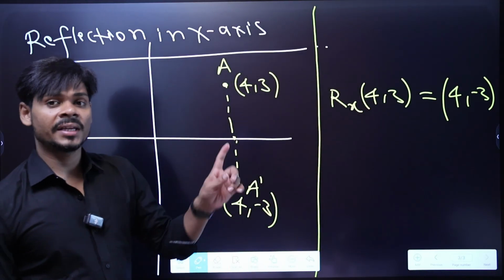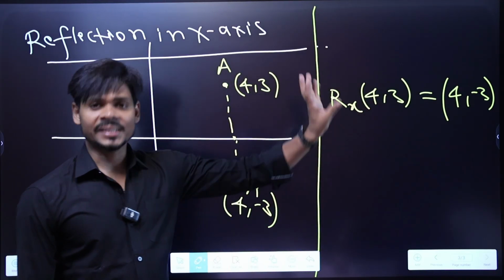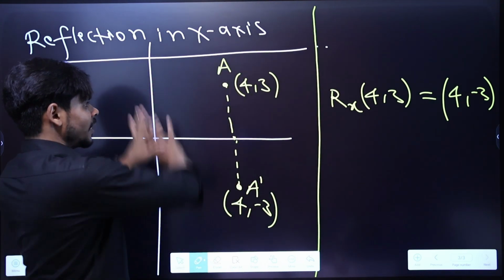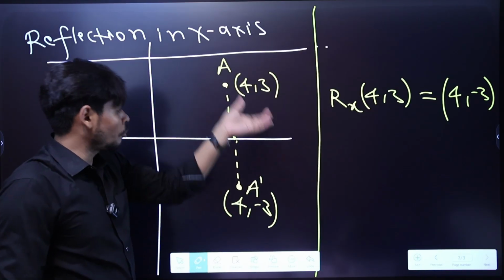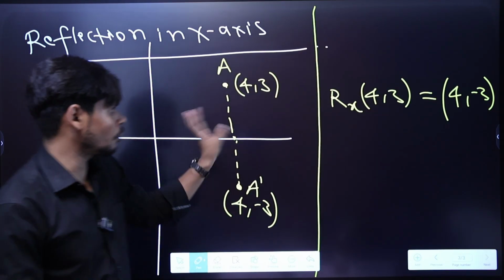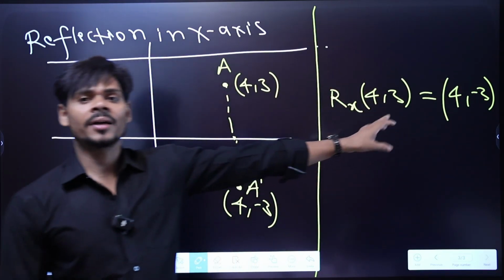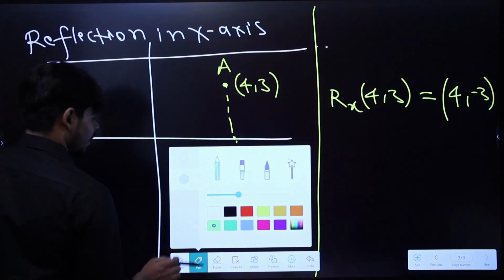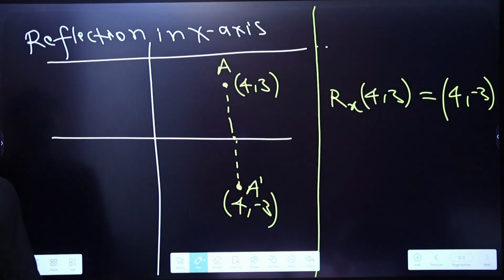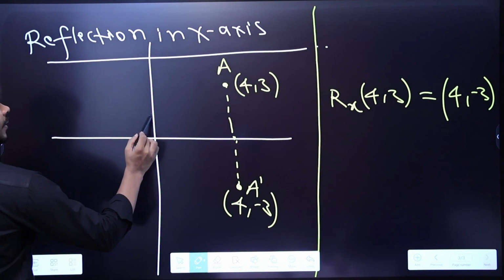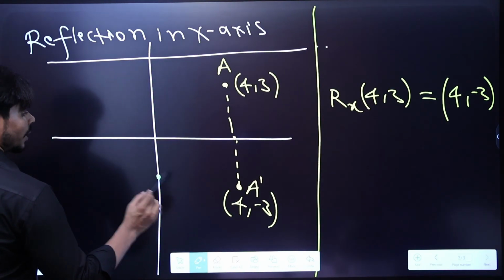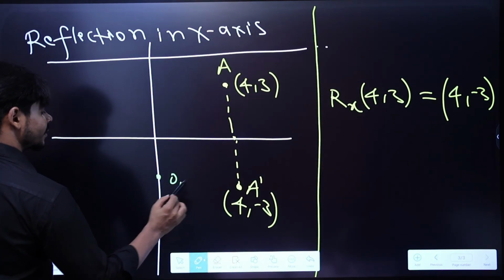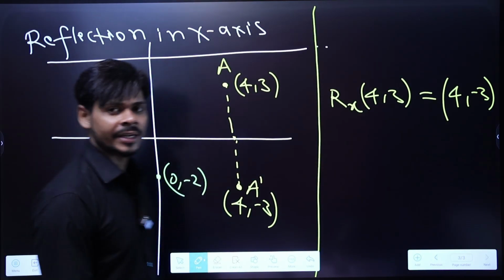There is a trick to understand what we are doing, without drawing and plotting and everything. Without doing all these things, we can easily state the answer. How? Let's find the trick. Let's say there is another point lying over here, which is (0,-2). This is lying on the y-axis, so x will be 0 and y will be negative 2, right?